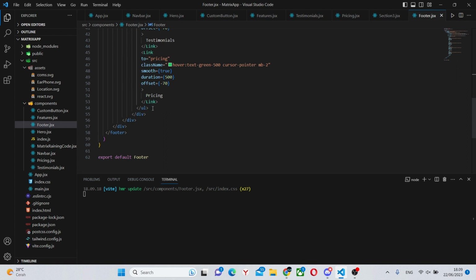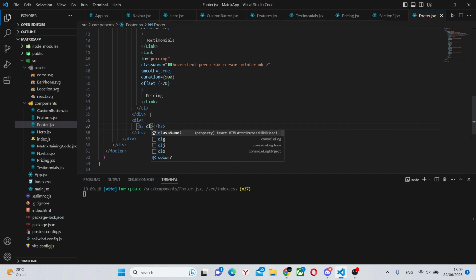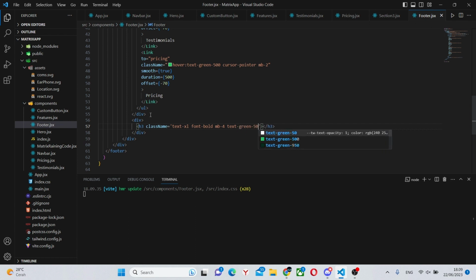So we go out of the UL and we go out of this div. In here we can create another div with an h3, which will have a class name of text-xl, font-bold, mb-4, text-green-500. Contact us.